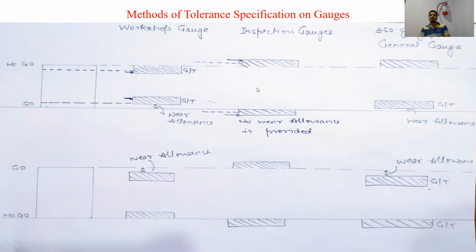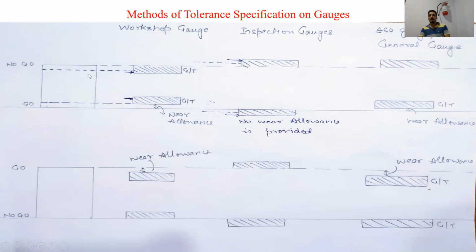So ISO, International Organization for Standardization, will provide a solution for this problem. What this ISO has done, this gauge is called as general gauge. The ISO gauge is called as general gauge. It will take the go part from the workshop gauge. So go part, it is this one, wear allowance and gauge tolerance. So it will provide gauge wear allowance and gauge tolerance according to the workshop gauge on the go part, and